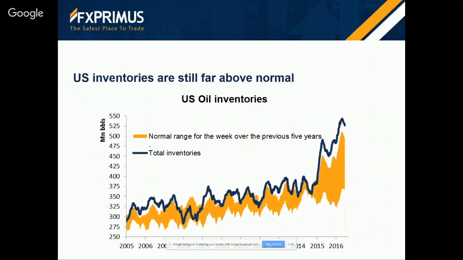The seasonal nature of the market means that inventories have to be evaluated in relation to the average inventories for that time of year. So usually investors compare the current level of inventories to the average for that week for the last 5 years or so. And that's what I've got a graph of here, where the orange part is the normal range for the week over the previous 5 years, and the blue line is current inventories. You can see how inventories are wildly higher than would be normal, and they have been for the last 1.5 years or so.